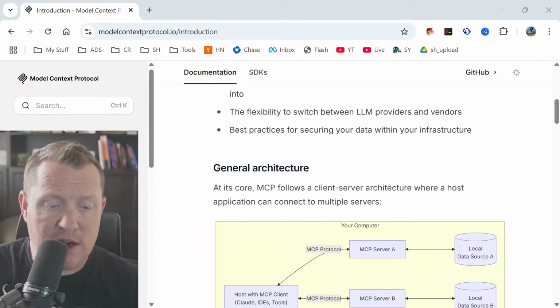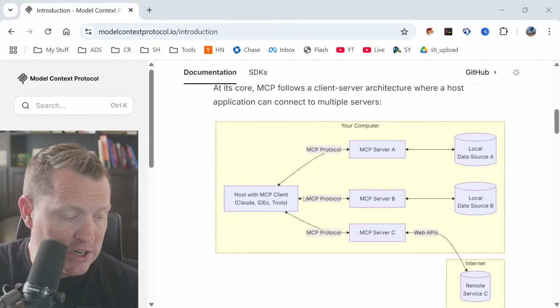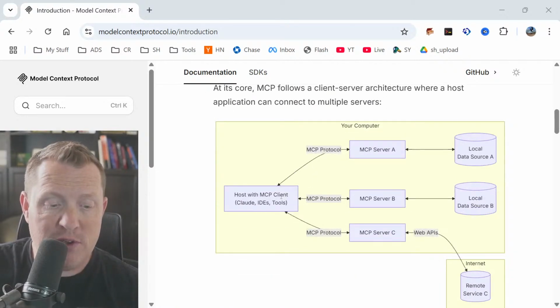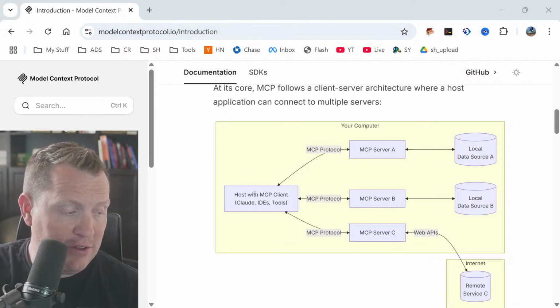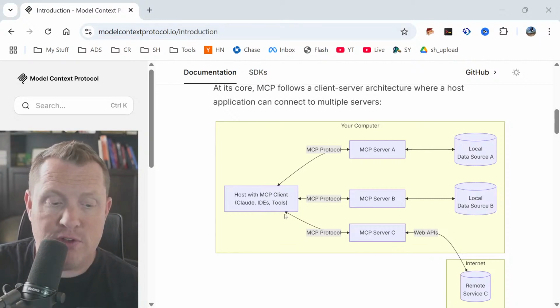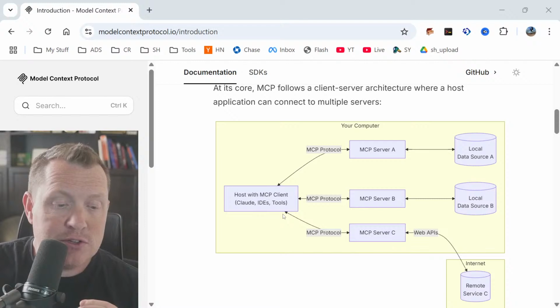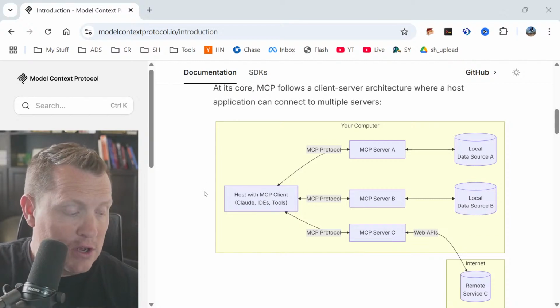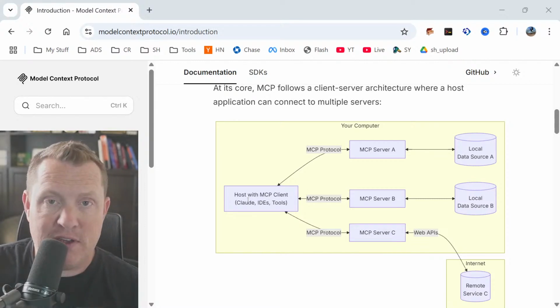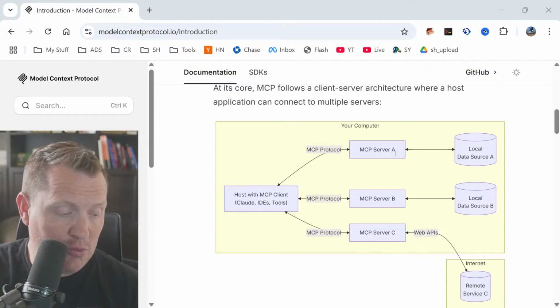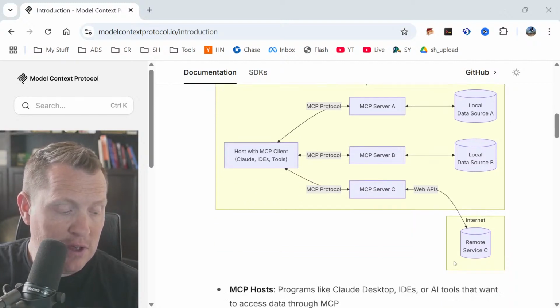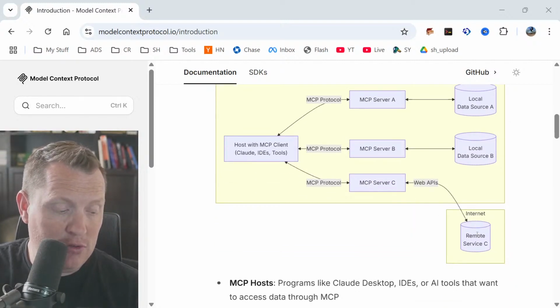So what we've got here is the general architecture. You can see a host with an MCP client, right? So think of Claude, because Claude is the one who's really driving this charge here. So Claude, IDE, tools, etc. The host comes in, and this is where you might send in a chat request or something like that. This goes to the Model Context Protocol, which will go to server A, could go to a database, can do all these things. But this host is then driving back through these MCPs and allowing it, even like a web API, to go out to a remote service, right?